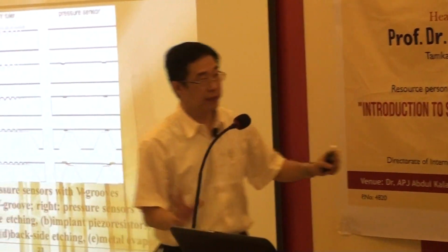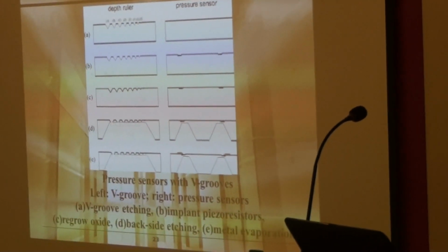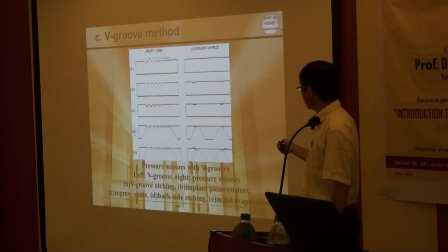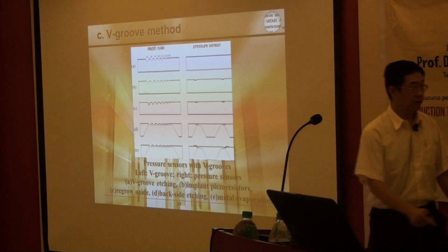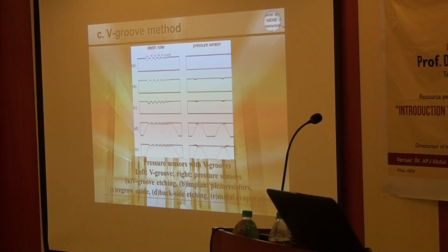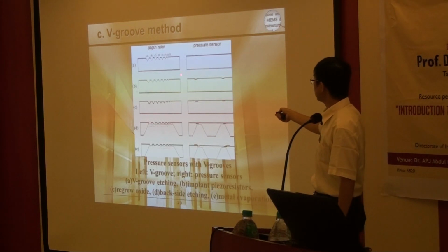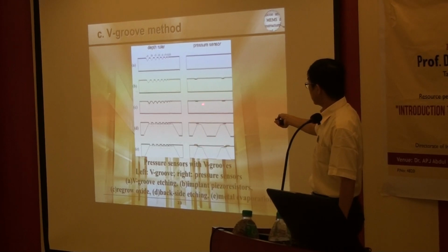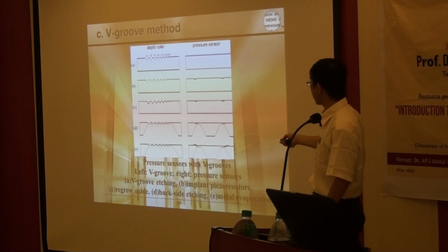So I hope you can understand our methodology. This is a top view of our mask layout for pressure sensor fabrication. We do the process at the same time. The ruler is made first, and then the implant. The implant is for the piezoresistance, and finally for the electrode contact outside. And here is the